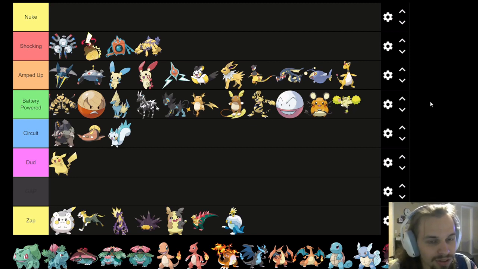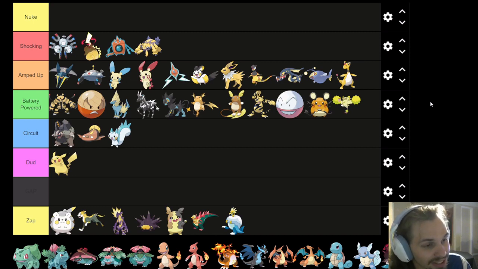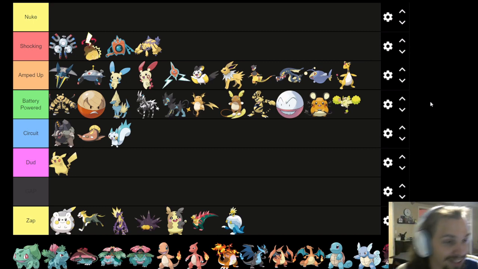I think Oricorio as itself is pretty good. It's got Feather Dance. Being able to steal other dance moves would be really cool in case you run a Quiver Dance Pokemon like the Rabombi later, or a Dragon Dance Pokemon in case you ever just run into that. You just steal that boost for the fun of it, but